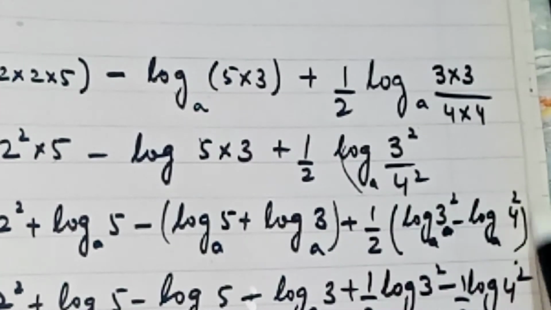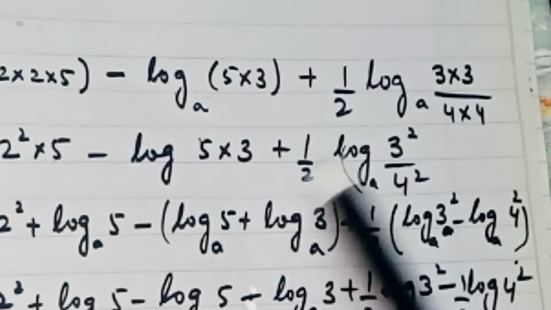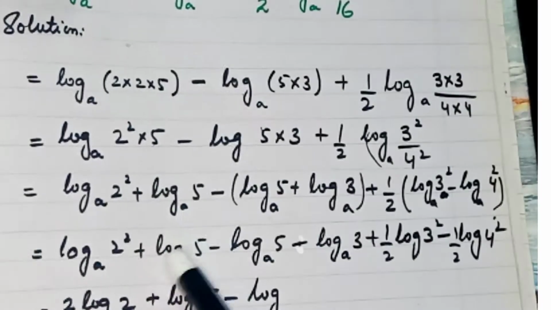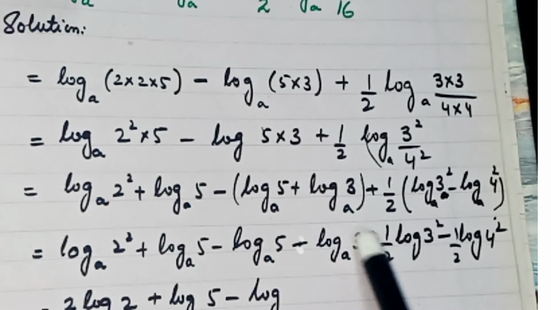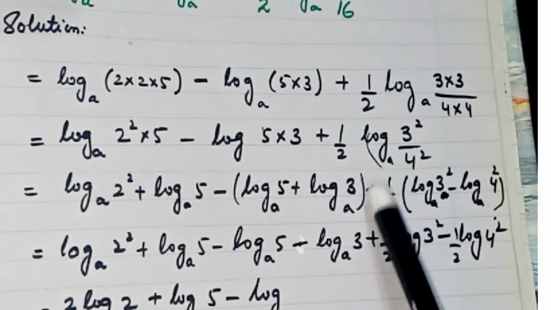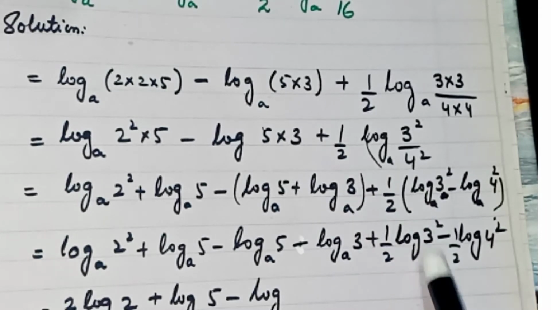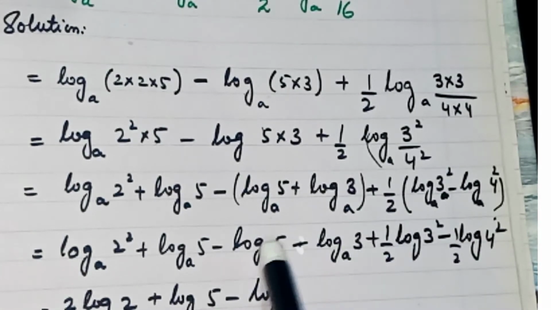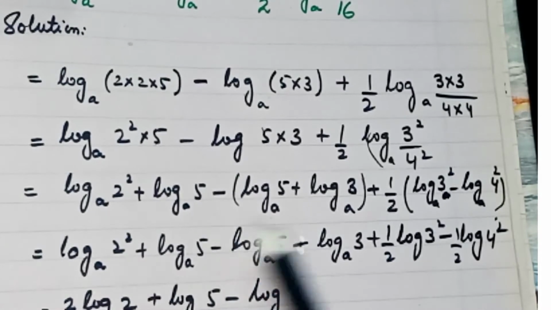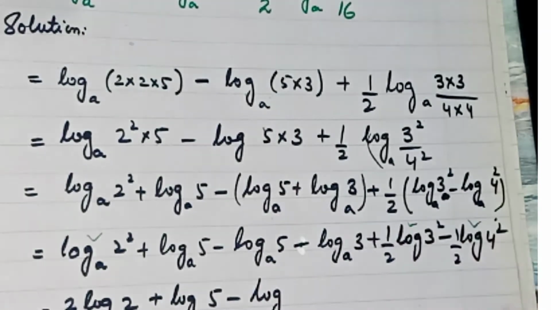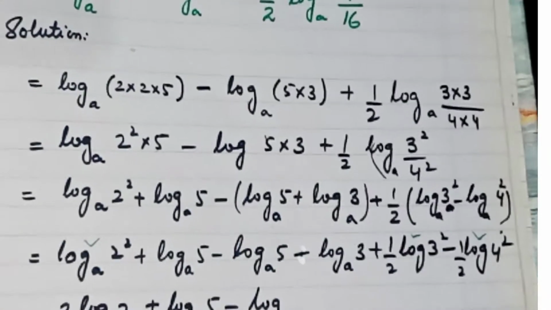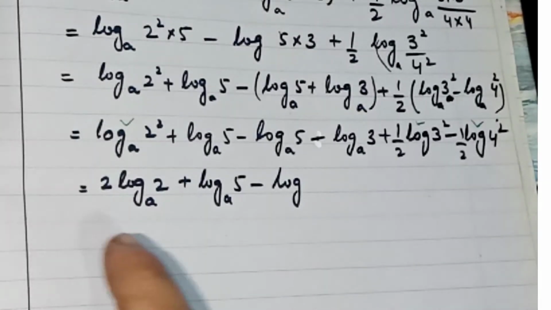So this plus half will be multiplied inside the bracket. For this last term, I have applied the second law of logarithm, log of first term minus log of second term. These two terms will remain the same when minus plus minus log of 5 and minus plus minus log of 3. Then when I am multiplying this half inside the bracket, this will be plus half log of 3 square plus minus minus half log of 4 square. Now as you can see, there are powers present, so we have to apply the third law of logarithm on this term and on this one. Okay, remaining terms will remain the same. There will be no change in the remaining terms.